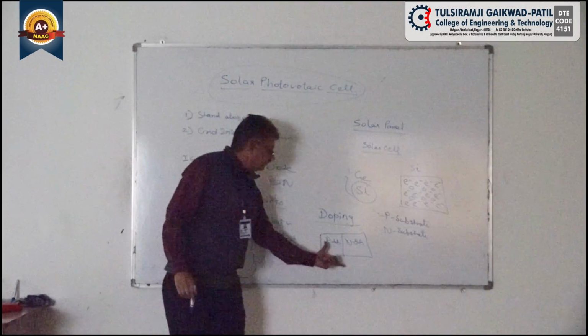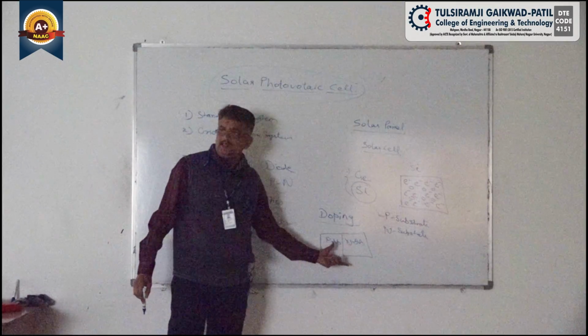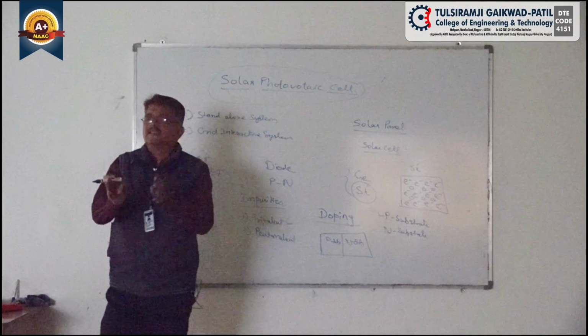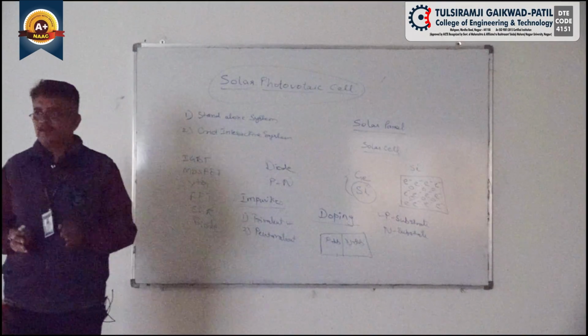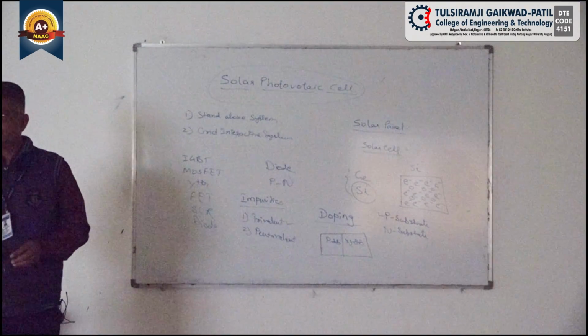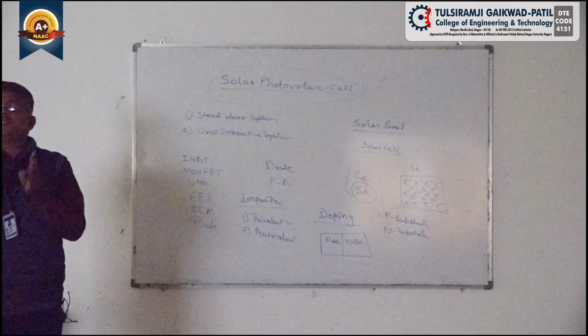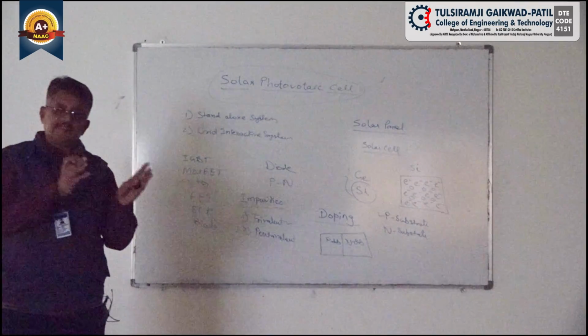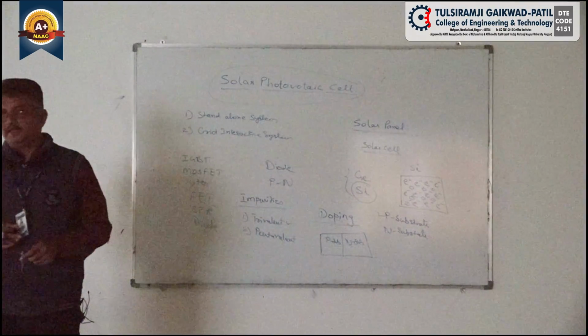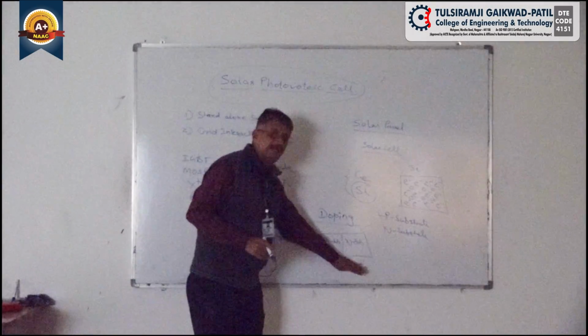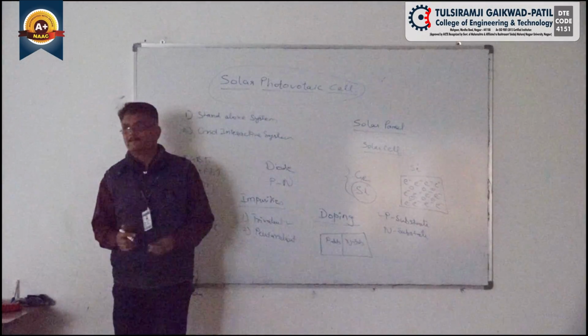Because once the diode is being considered, the normal behavior of the diode is that when we are applying some external voltage to that diode, whether it may be a forward bias or a reverse bias, according to that there will be a movement of carriers, and based on the movement of carriers, either majority current flows or minority current flows. So that is a different thing, which we are using in our electrical applications.